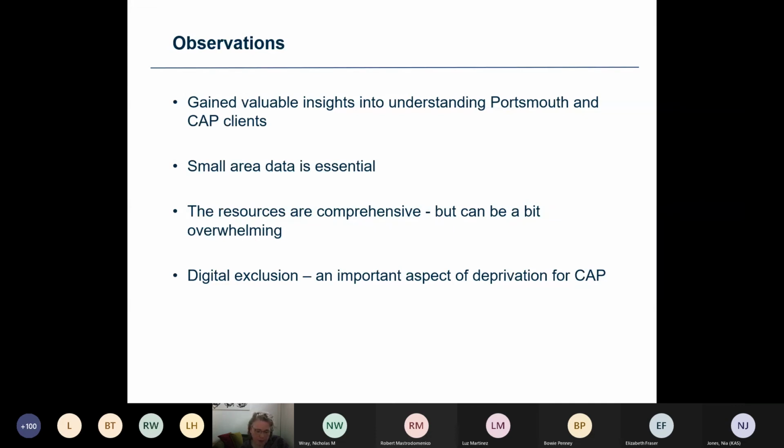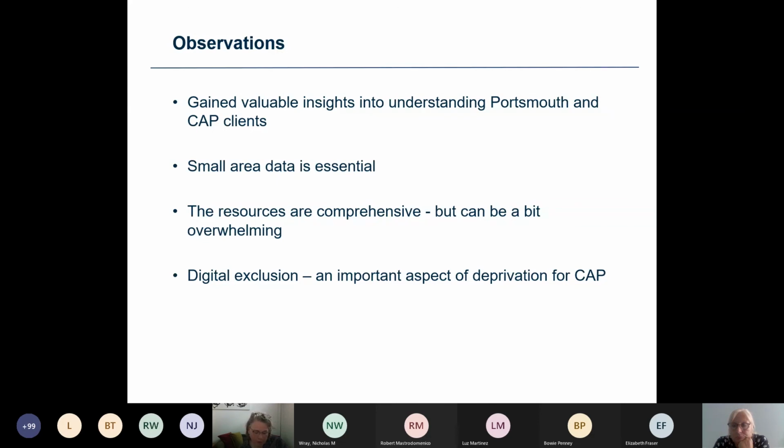We think that this project illustrates the importance of small area data to provide evidence for those delivering essential services to the vulnerable in their local communities. There is an enormous amount of information and data available. High-level local authority maps and the interactive maps are very good for exploring, and the reports on the IMD are detailed. But so much information can be overwhelming to understand and manipulate to get useful local summaries. I did find it quite challenging, and I have quite a lot of experience of official statistics.